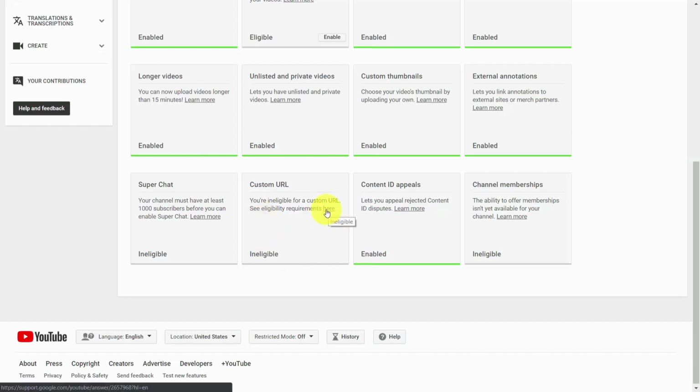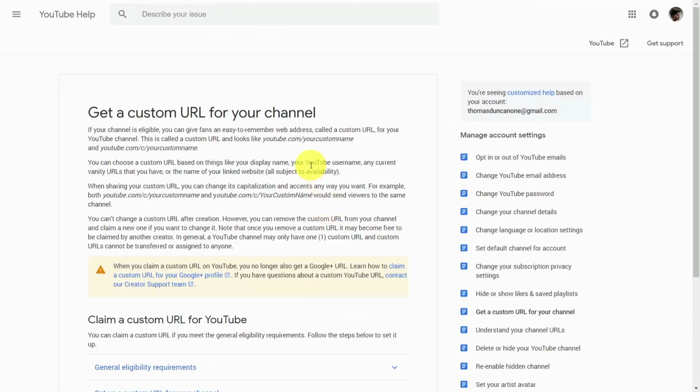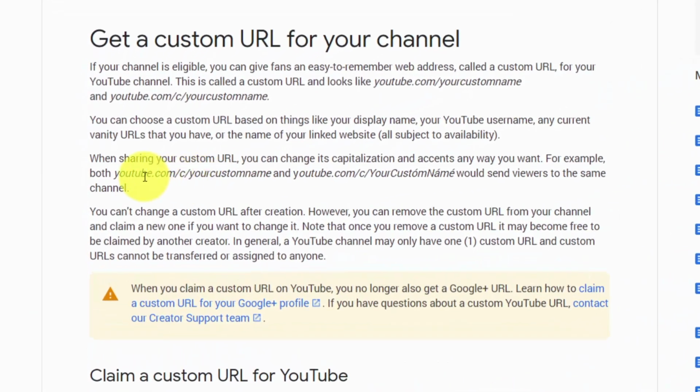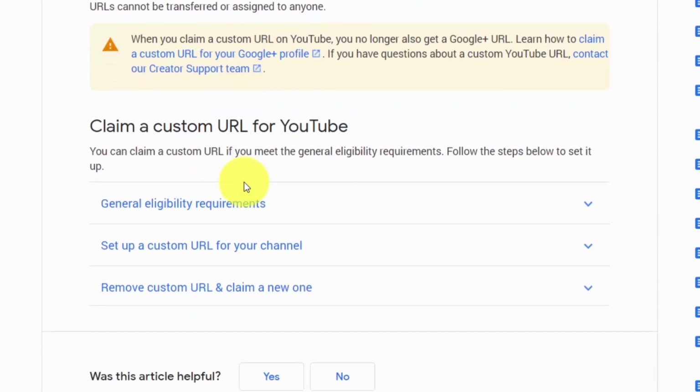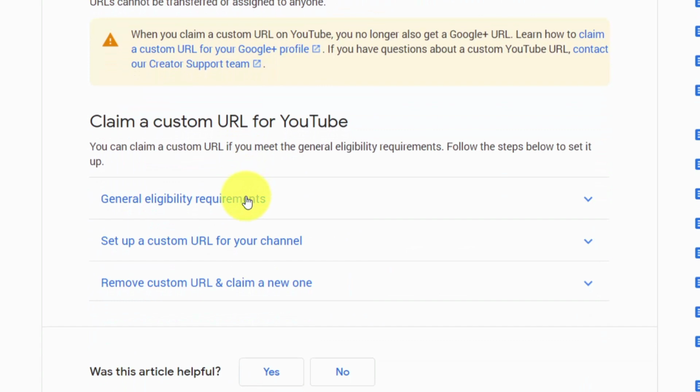So we're going to click this link where it says here. And what you're going to notice is that this is going to give you the ability to give you a name that you can give to your YouTube URL instead of the long, ugly one that we were working with earlier. So what we're going to do is we're going to scroll down and then we're going to click General